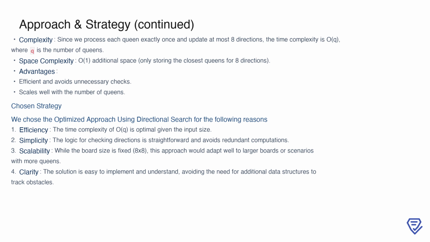Then, as we iterate through the queens, we compute the direction of each queen relative to the king and update the closest queen for that direction if the current queen is nearer. Once we process all queens, the result is a collection of at most 8 queens, those closest to the king